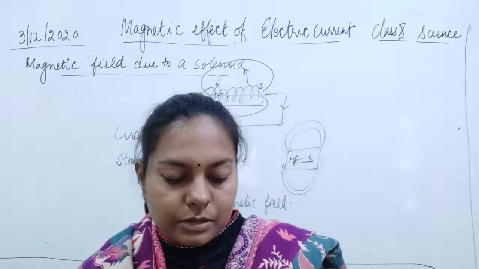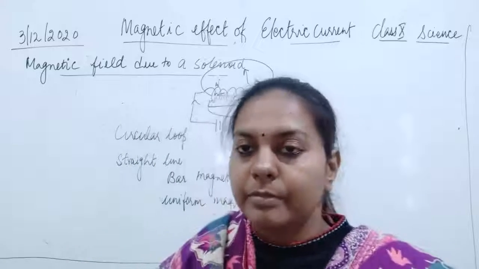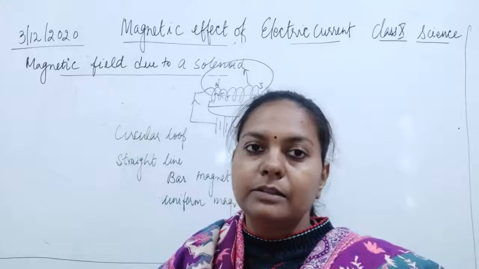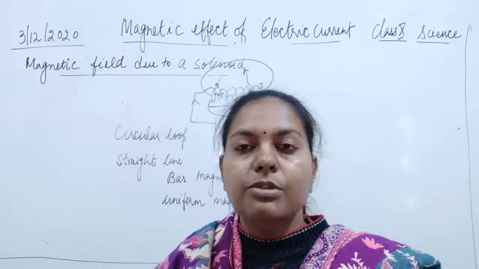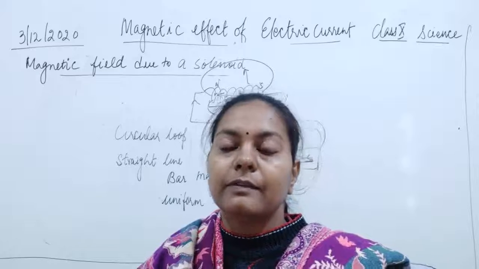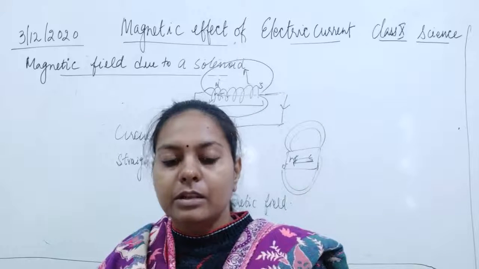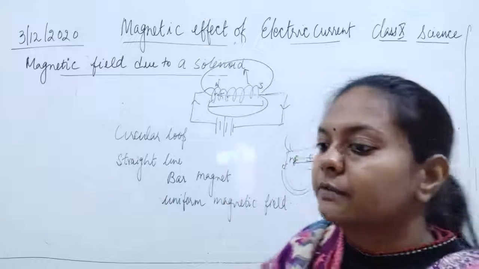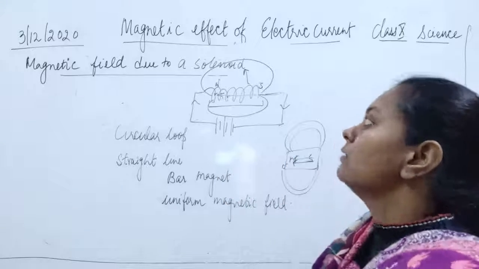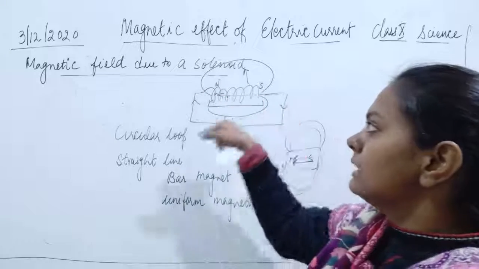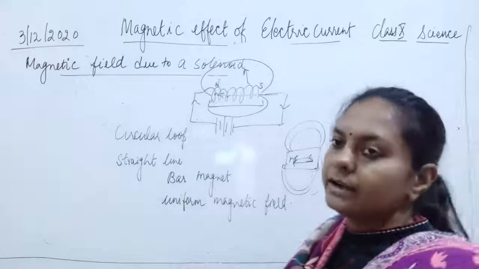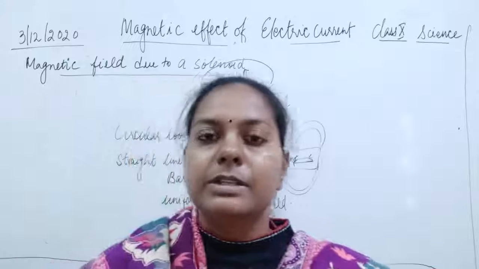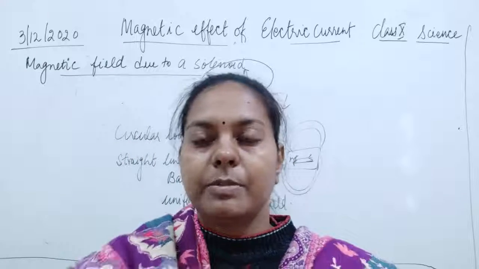Okay children, so this was about the magnetic field which is produced due to the current in this solenoid. This magnetic field is like circular loops outside, and inside it is straight, like a current carrying conductor. Okay, so this was all about today's video children. I will be meeting you all in the next video with the next topic to be discussed.